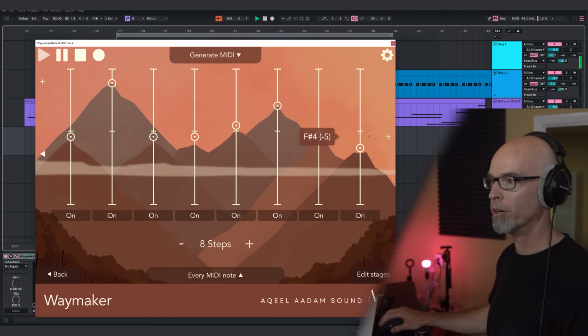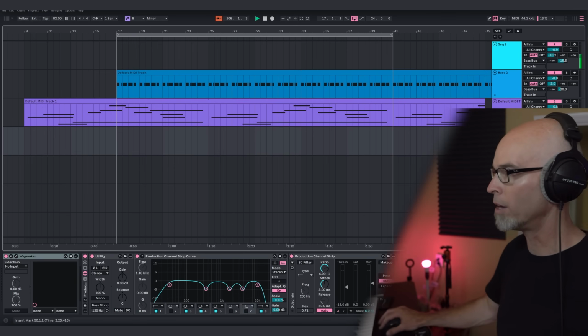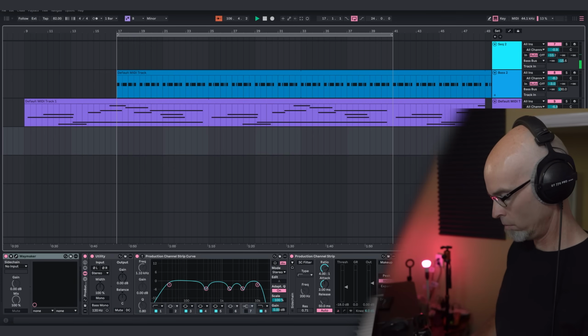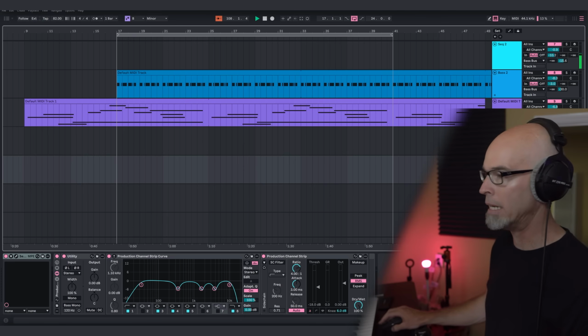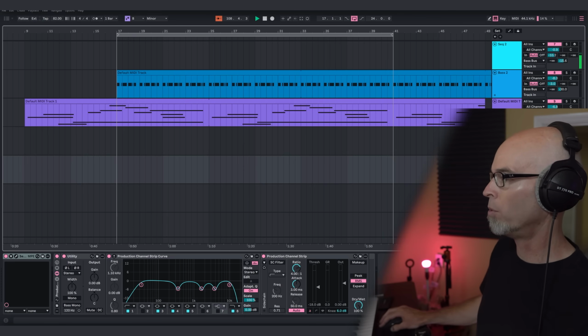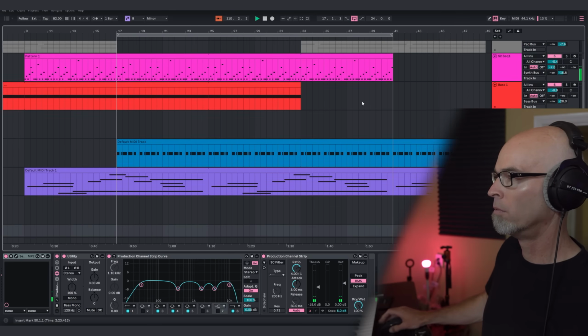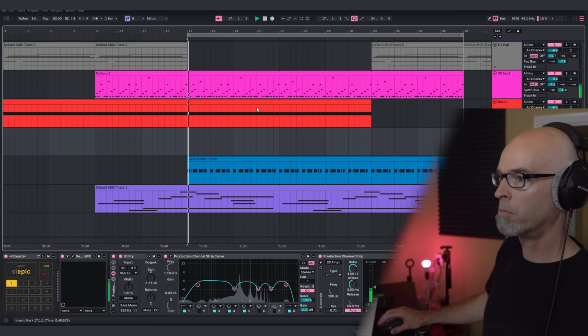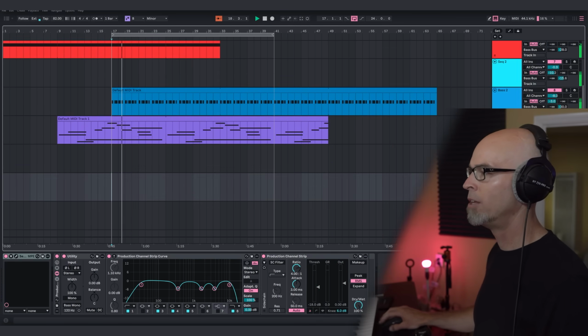Let's put an F sharp up here. There we go. Let's see how this sounds. Let's go ahead and rename this Waymaker number 1. And we'll add this to our laser beam that we just created here. So Waymaker number 1. Waymaker. Oh yeah. Oh, very nice, very nice. Oh yeah. So here,